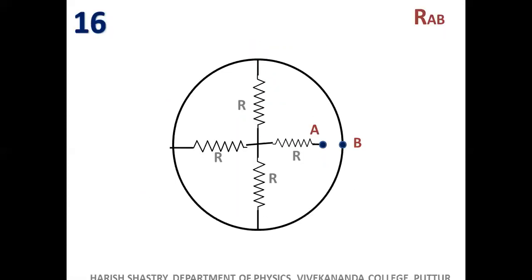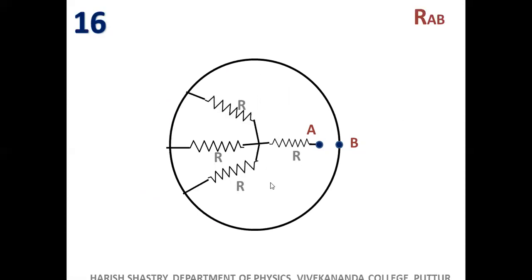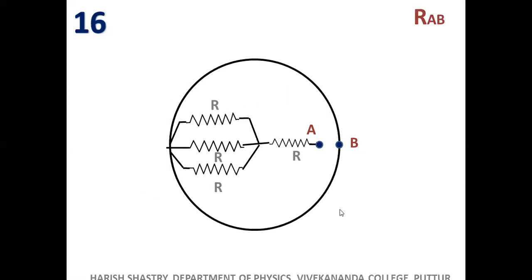Okay, it is like this. So A is here and B is here. Let us turn all these resistors in parallel. So like this, because they are in the same point, we are not losing any point here. In between there are no resistors. Suppose you had one resistor in between here, you could not have completed it like this. That is wrong then. But there is nothing here, no resistors. So you can complete it like this.